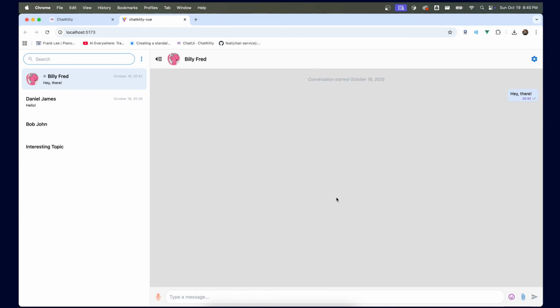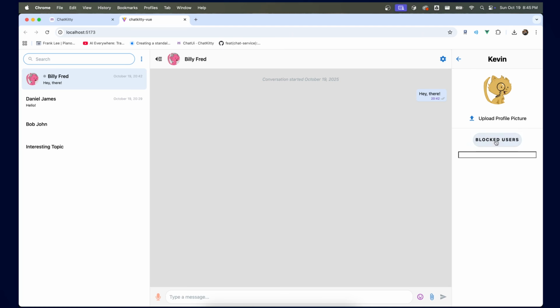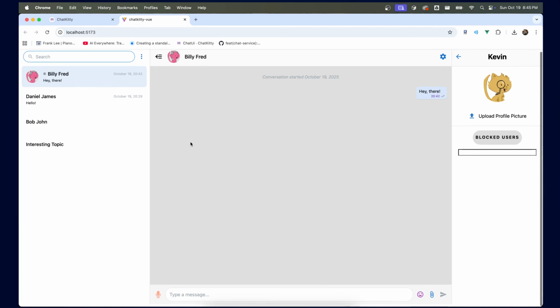So now we've successfully put the chat into our Vue application, and we can even see the message that we sent earlier to Billy Fred. We can create more rooms, we can edit our own profile, maybe change the profile picture, and all of the functionality we're looking for is here, and you can see that it's running on localhost. So there you go. There's an example of using ChatKitty to add a chat to a Vue application in less